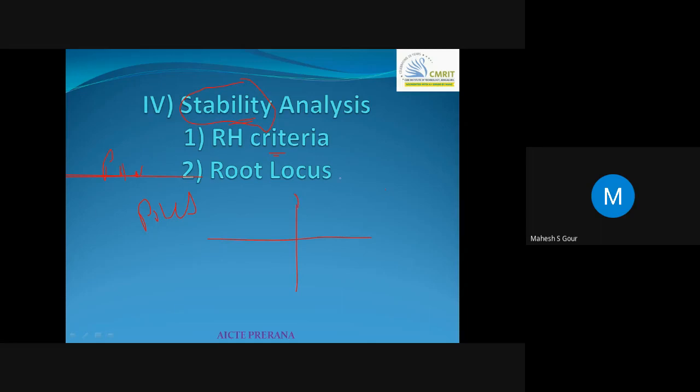Anyone? A control system will have a transfer function. What do you mean by transfer function? I have covered it in the first 3 classes. What is a transfer function? How does it affect the stability, and why do we only check the poles, not the zeros? What are the poles? If they are present in the denominator of the transfer function, those are called poles, and those in the numerator are called zeros, right?